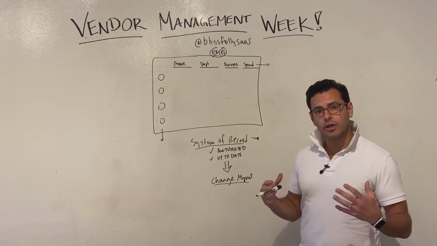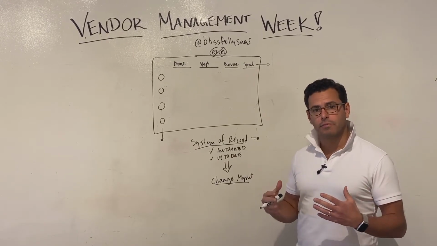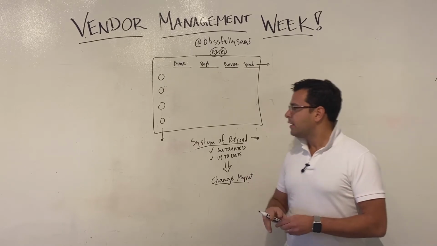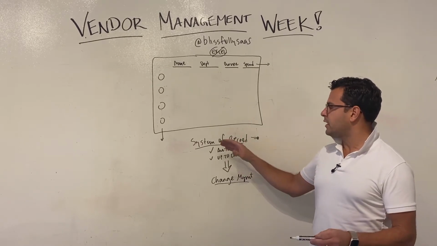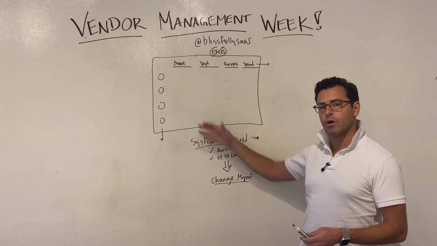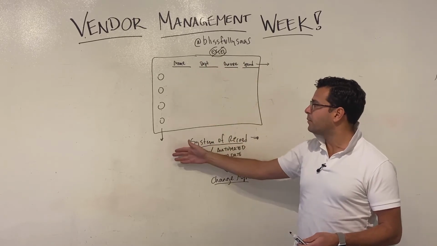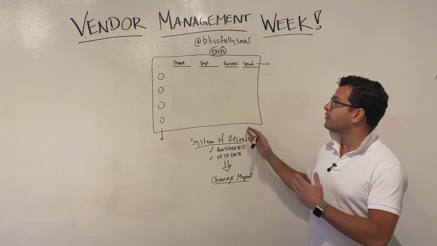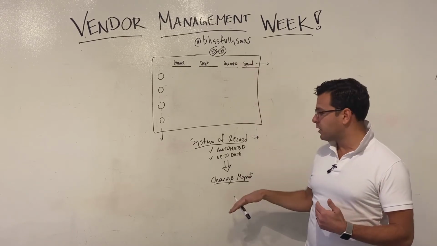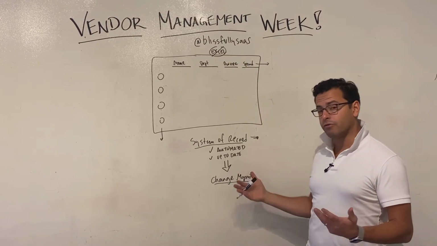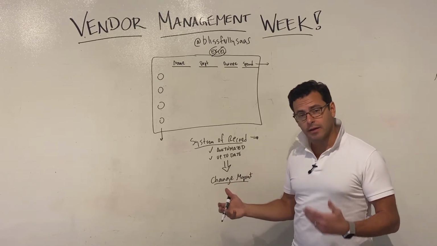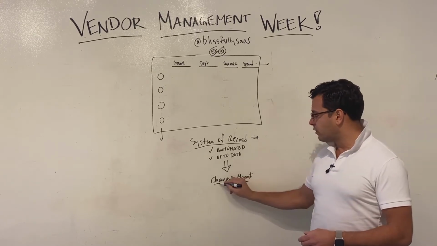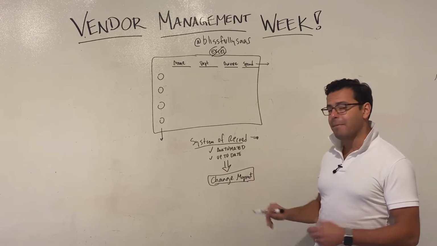Welcome back. We're chatting a little bit more deeply about managing your vendors throughout the company. And last time we went into depth about the need of maintaining a system of record of all of your key vendors throughout the entire company and all the important meta information that you need to track. Oftentimes this is tracked in Excel, but we think it's much more important to track this in software where you can actually automate it, keep it up to date, and really importantly, help understand how you're managing change to